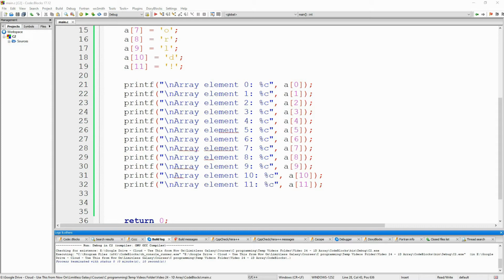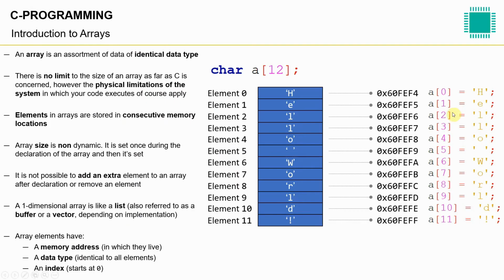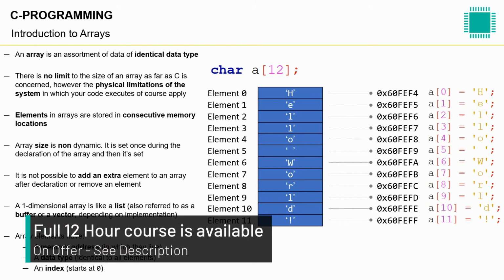Now, interestingly enough, as I've mentioned, array elements also have memory locations in which they live. Okay, so I've put here a memory location. The memory locations usually in C are expressed in hexadecimal. However, as you have seen, you can actually translate hexadecimal to a decimal and so on. But typically C programmers express them in hexadecimal. So what I've done here is I've put some memory addresses. Now if I go to my code and run it,